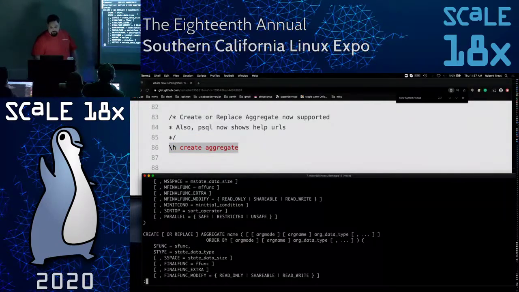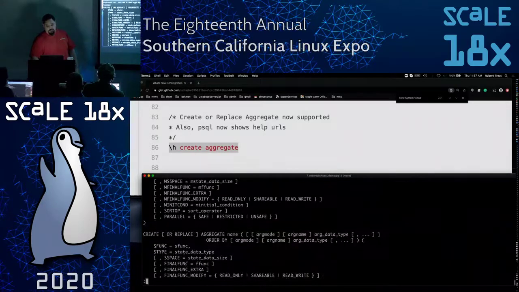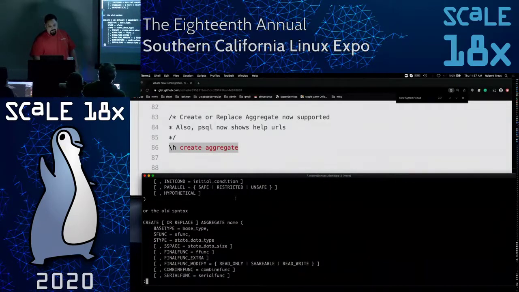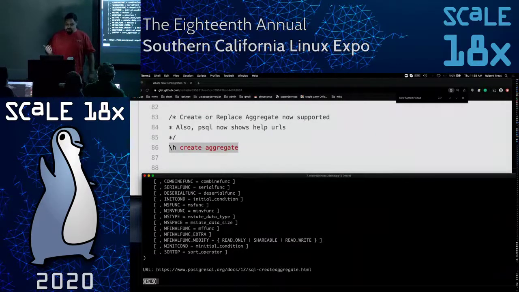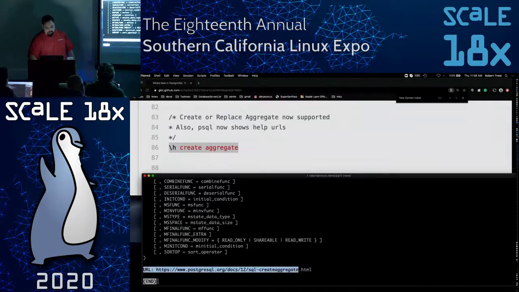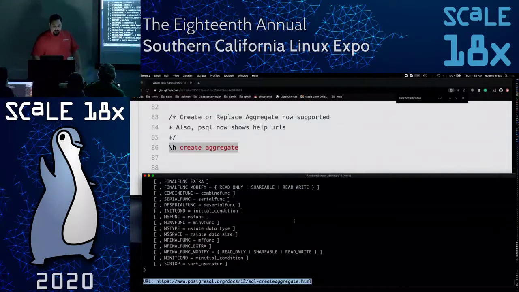Also, I have a note to mention this. You may have seen this. Create aggregate, as you can see, has a lot of options, or there's the old syntax, which is this one. A lot of these commands have a lot of different things to them. Select is a similar thing. psql now does this handy thing, which is it adds URLs to where the command is in the documentation. So if you're looking at this, you're like, oh, this command has 20 or 30 options to it. And I don't remember